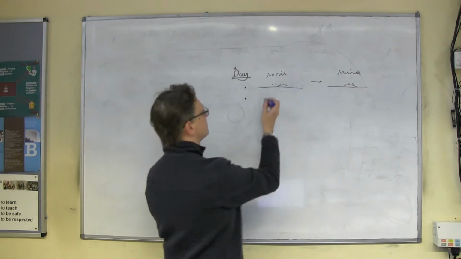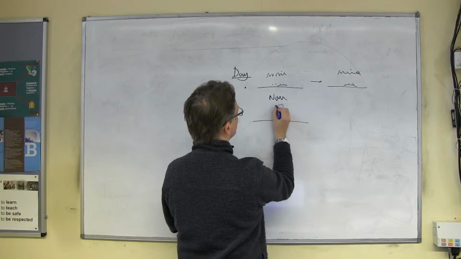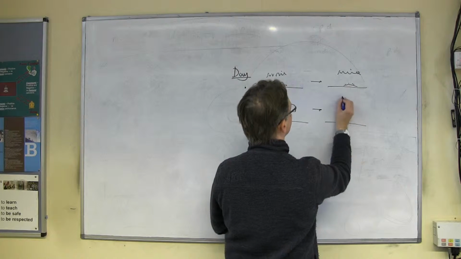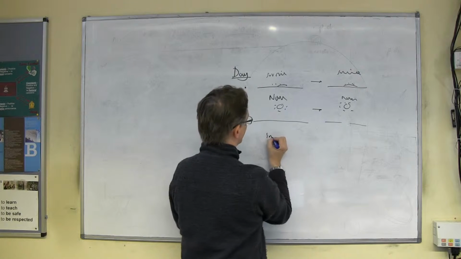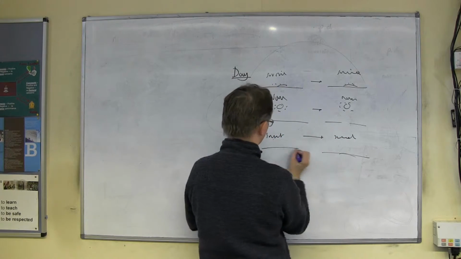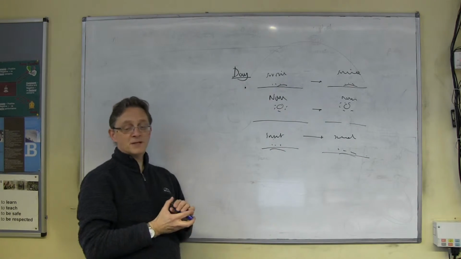Some people said noon to noon. You could do noon, which is when the sun reaches its highest point. You could do from one noon to the next noon. Or I suppose you could do sunset to sunset, couldn't you? I don't know what sunset looks like, really. Which of those three would be the best one to do?